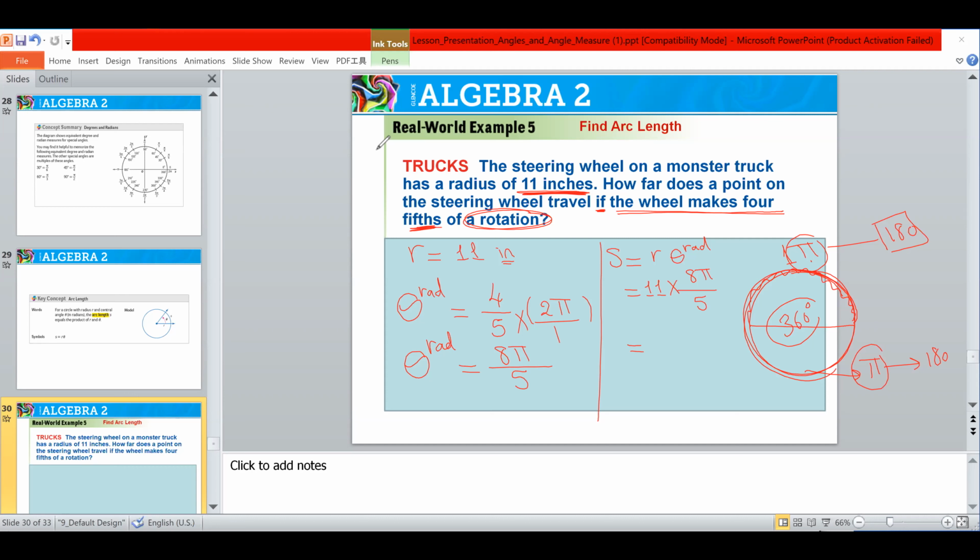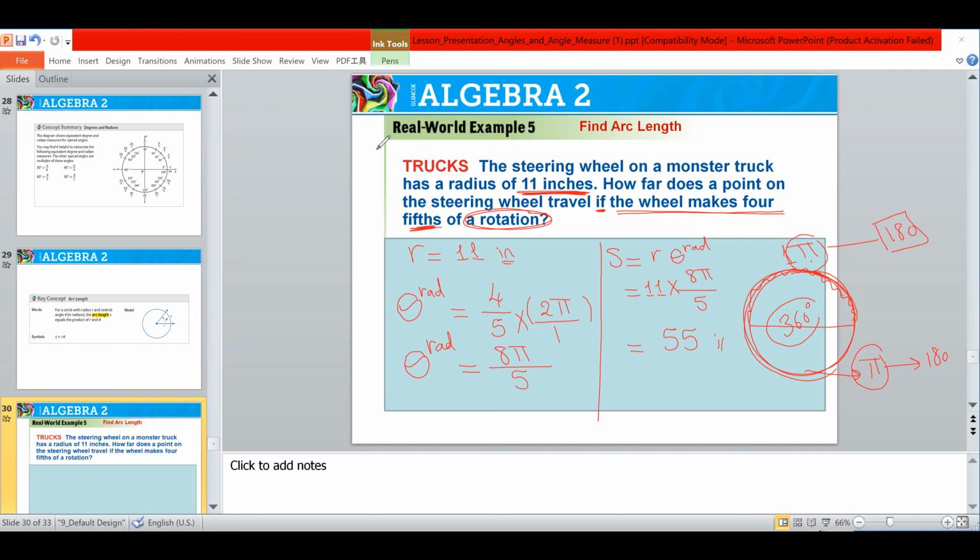Shift 10 power x is pi. Equals what? Divided by, equal 55.264. Approximately is